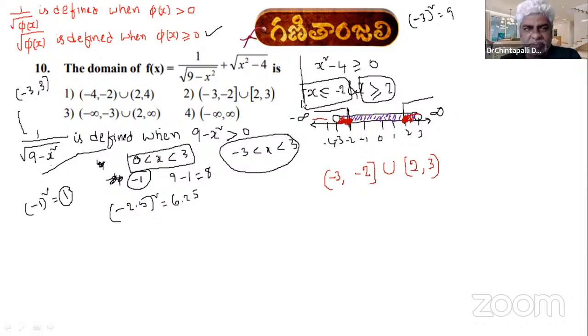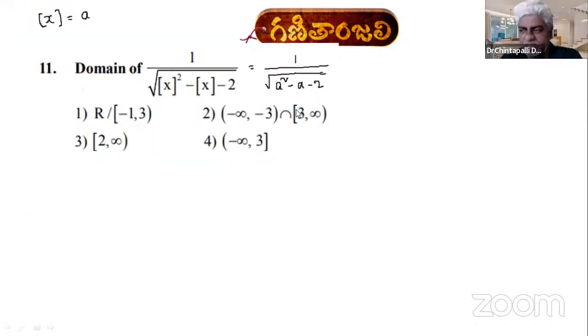First formula is 1 by root. Second formula is just root. Oh, okay. I didn't write that, sir. Okay. So, which formula is suitable? First one. According to the first one, this function is defined when